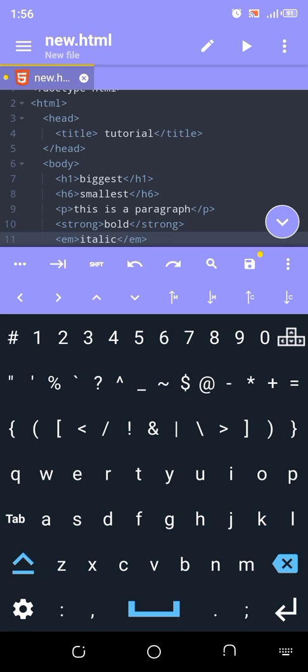Before, for emphasis or italic, we used I instead of EM, and for strong we used b for bold itself. But now it's obsolete. Nobody uses it again because of the many errors it usually gives. I think some browsers or different screen types couldn't handle it universally. So they wanted something universal, and they just said, okay, be as bold as you can and be as italic as you can.